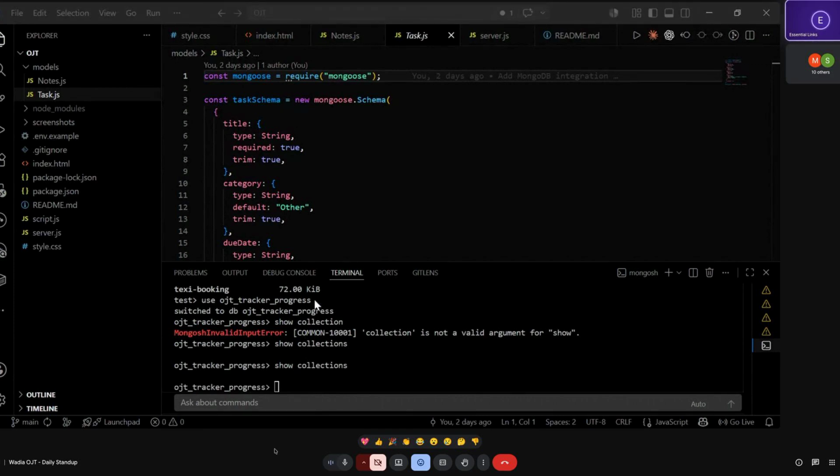See, when you say that the OJT progress tracker is completed, first when you went about adding a task, the task was not added. Then the second time you added a task, the task was added. After adding the task, there was no toast message as such, which would give the user an idea that yes, my task was added. So the user experience was not good. And then talking about the Mongo connection, as I can see, there are no connections. So I don't know from where those tasks are getting fetched.